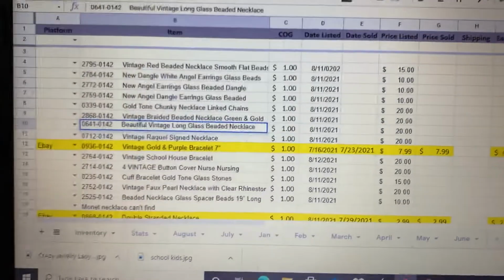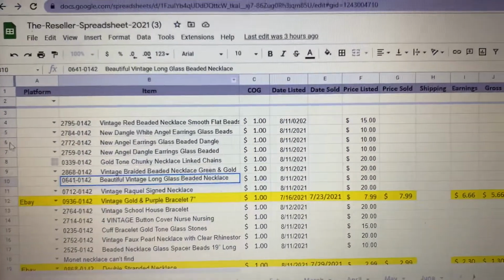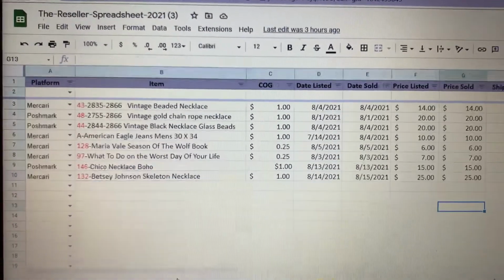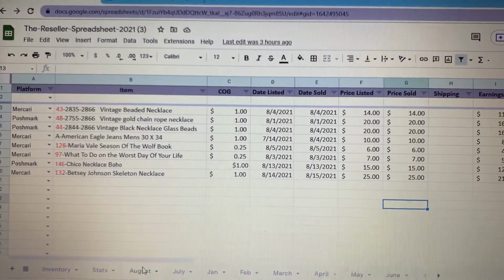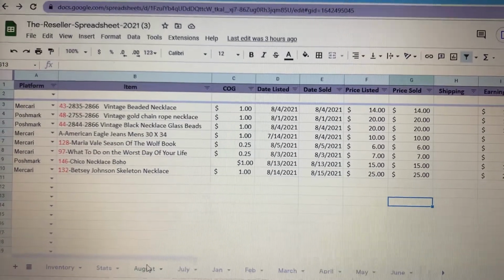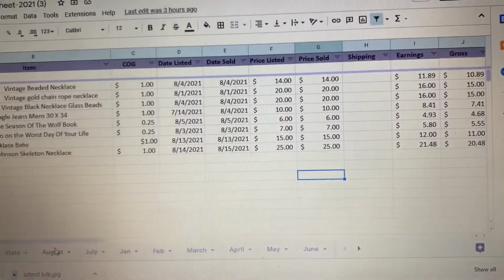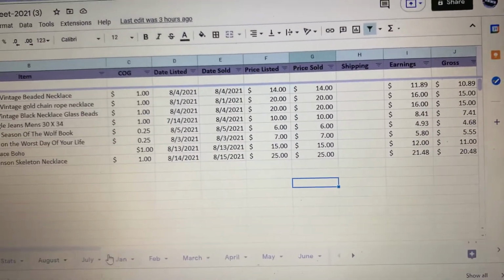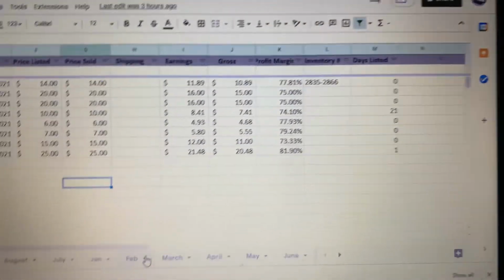Now, once it sells, you go down here. I'm going to show you. You go down here to August, and those are my sales for August. And it'll let you click Mercari, Poshmark, and Mogi Beth has got someone that's helping her, and whoever made this already has all the,